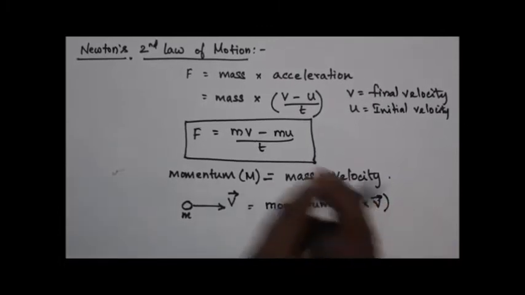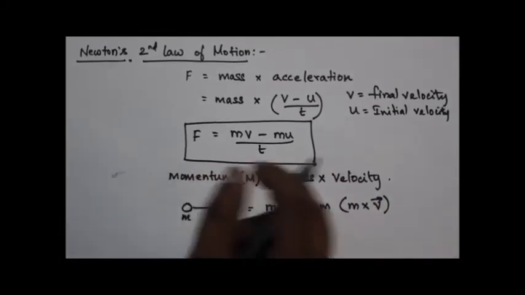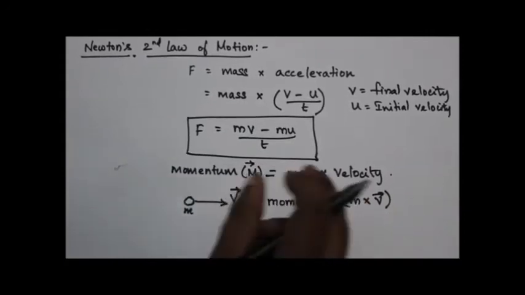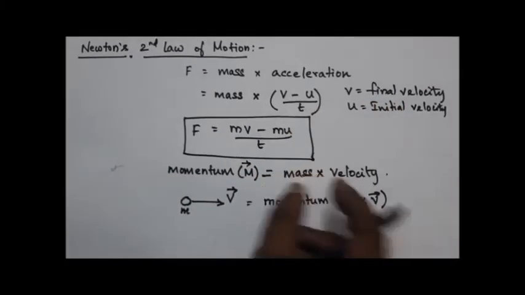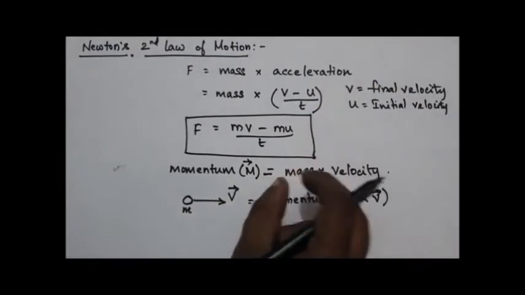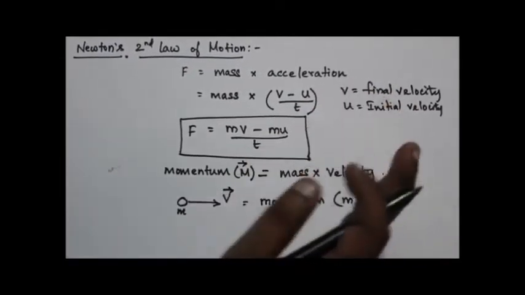Since velocity is a vector quantity, momentum is also a vector quantity. So momentum is based on its magnitude and its direction, and it is very important to consider the direction of